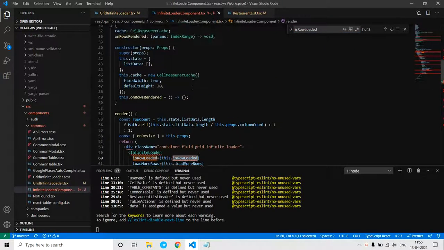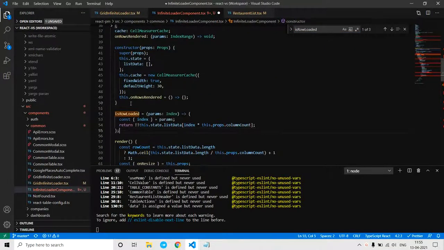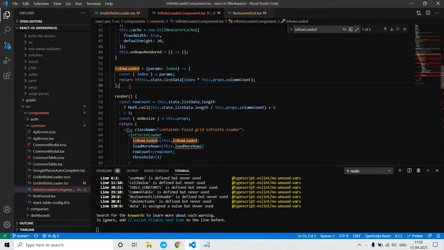You see, this row loaded has a definition like this. It's just going to return whether we already have the data in the list data. We're just going to check whether we have this data in the list data which we were maintaining in the state. If we already have it, it just returns true.